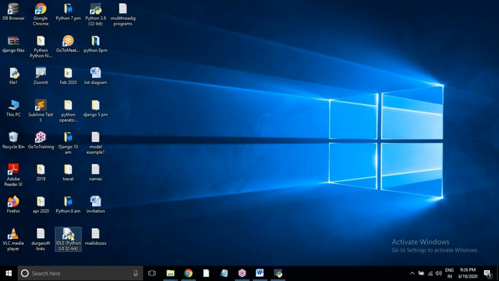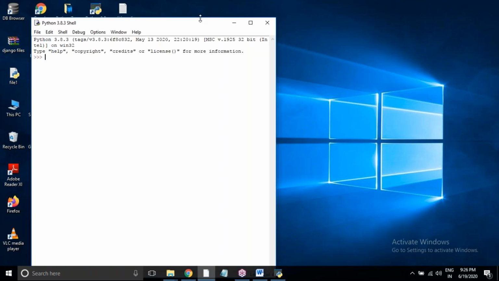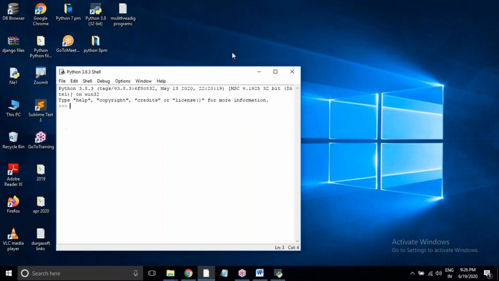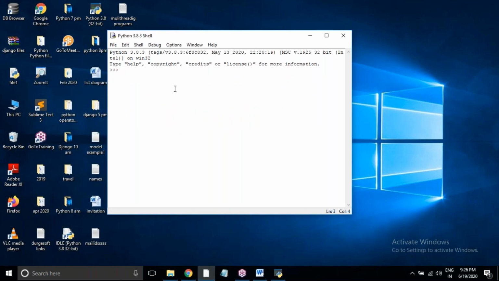So here I am double clicking on this IDLE. When I use this IDLE, we get this window. It is just like interactive mode, where we see the prompt. So IDLE works as a 2-in-1: it works as interactive mode and also batch mode.